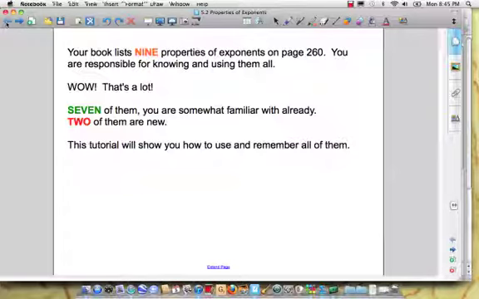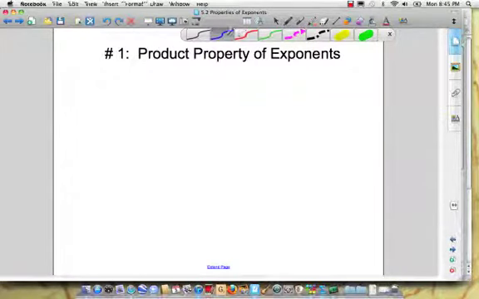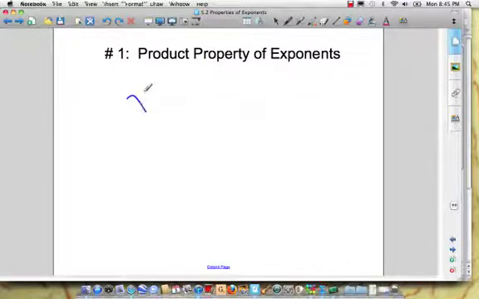Okay, so we'll start with 7 of them that you're pretty familiar with already. And of those 7, there's 2 what I would call biggies. And the first biggie is the product property of exponents. And as its name implies, this talks about what happens if you're multiplying, that's what product means, and you have